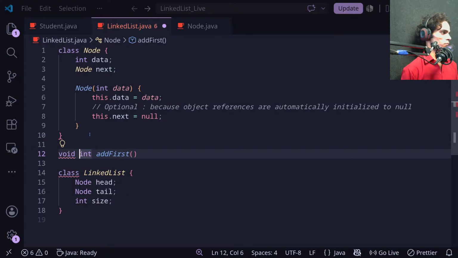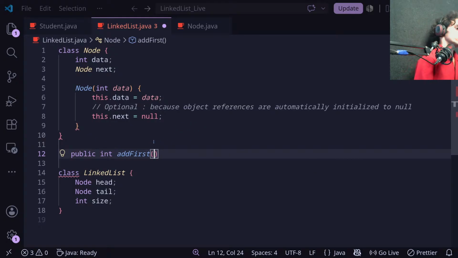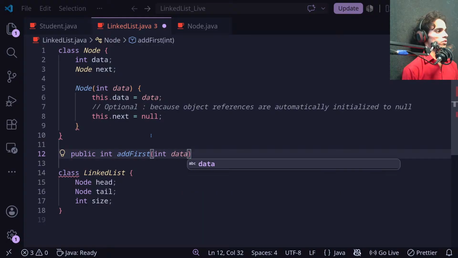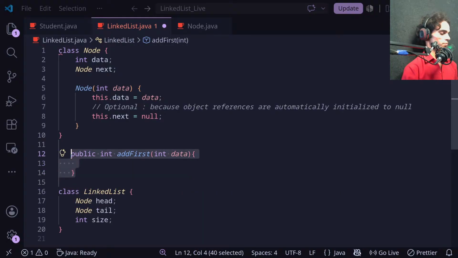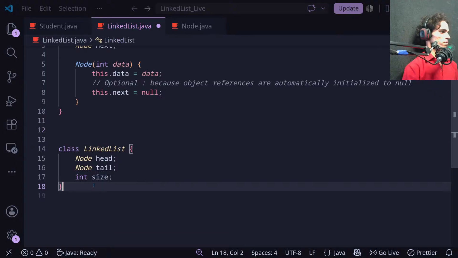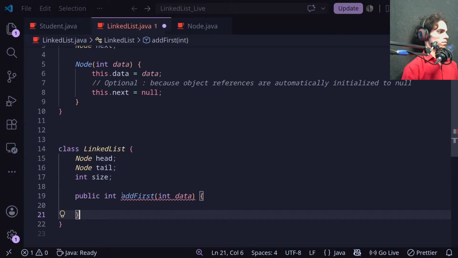No, it's not void, it will be public int. And the add first will take data from the user, and inside this we are going to have